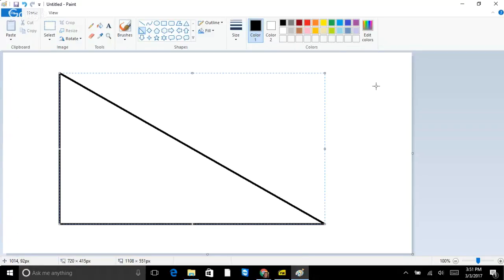Okay, and so let's talk about the parts of a right triangle. So we have our right triangle. There we go. A right triangle right here. And the side that's opposite our right angle is called the hypotenuse. I'm going to abbreviate it HYP, the hypotenuse. So it's always the side that's opposite the right angle. That is our hypotenuse. We'll go ahead and label this as